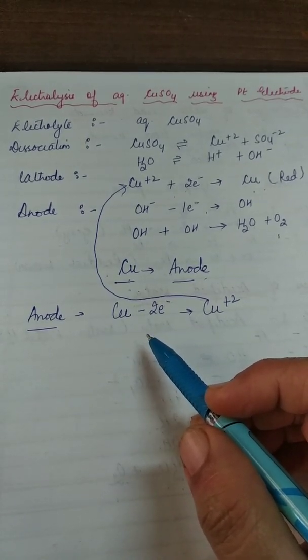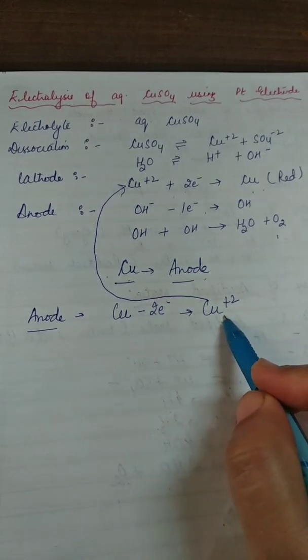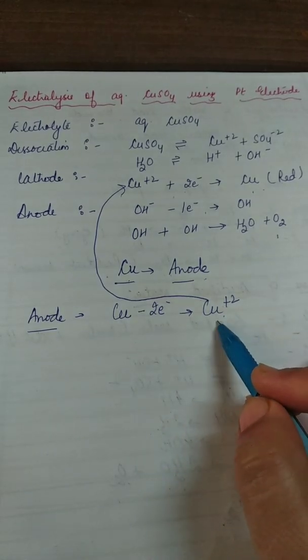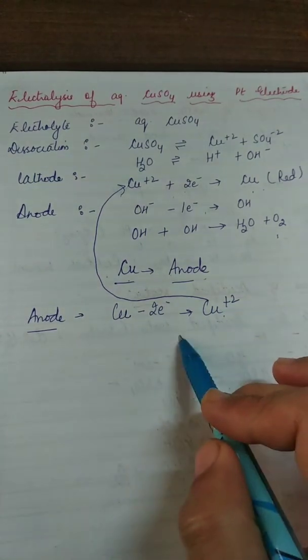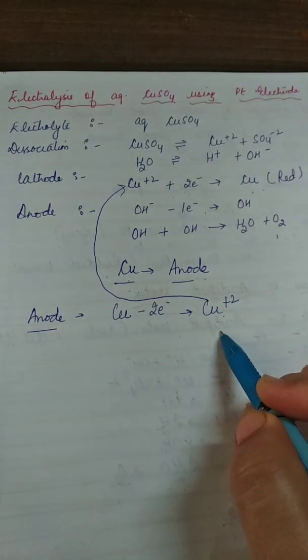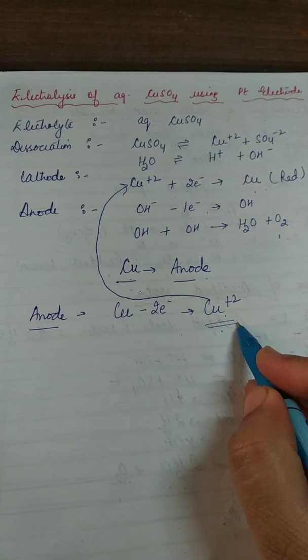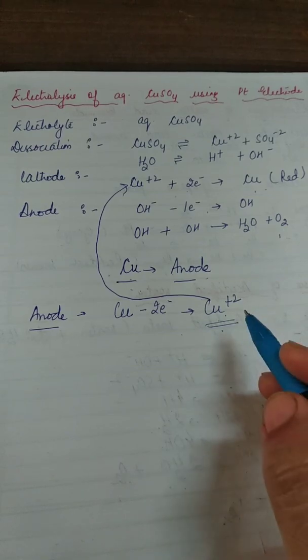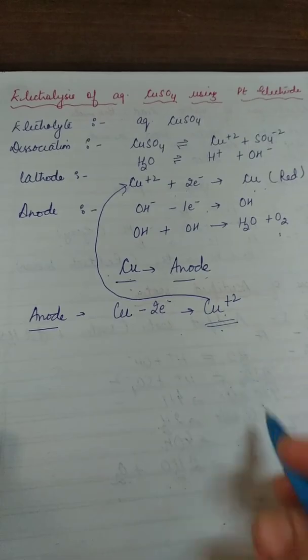Why so? Because we are not using Cu²⁺ of the electrolyte, rather this Cu²⁺ is coming from the anode where copper anode is losing 2 electrons and changing into Cu²⁺. Thus the concentration of Cu²⁺ in the electrolyte does not change, it remains the same, therefore blue color does not fade. This finishes with examples of electrolysis.